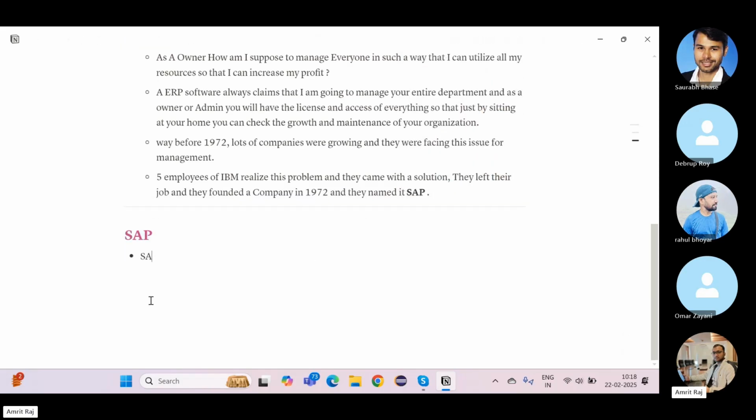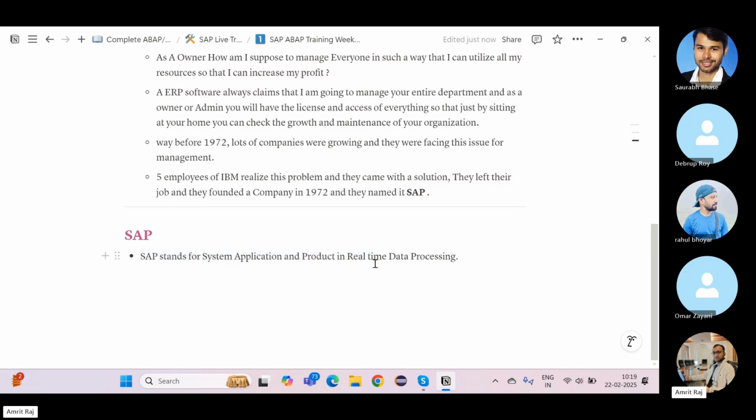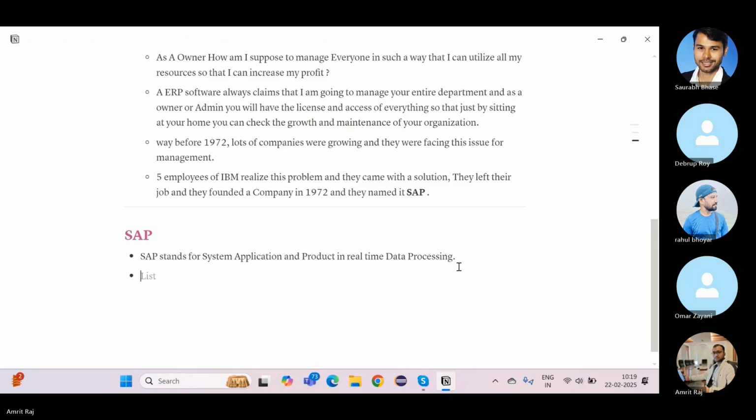What is SAP? SAP stands for System Application and Product in Real-Time Data Processing. This is the actual definition of a SAP system. Usually we call it only System Application and Product, but this is the actual definition, that it is talking about real-time data processing. Whatever data is currently there in the market or in the organization, it is going to process the data, manage the data, and over time,